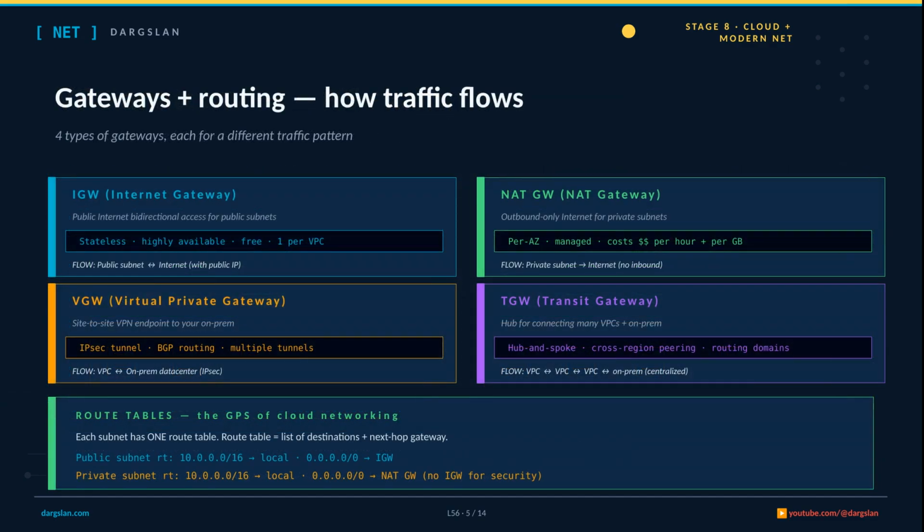Now, how does traffic actually move in and out of that VPC? Through gateways, and there are four flavors worth knowing. The IGW is your bidirectional door to the public internet, stateless and free, one per VPC. The NAT gateway is outbound only for private subnets. Think of it as a one-way valve, managed for you but billed per hour and per gigabyte. The VGW terminates an IPsec tunnel to your on-prem, the cloud equivalent of your old site-to-site VPN concentrator. And the transit gateway is the hub and spoke router that stitches many VPCs and on-prem together,